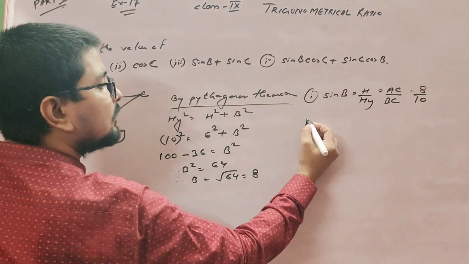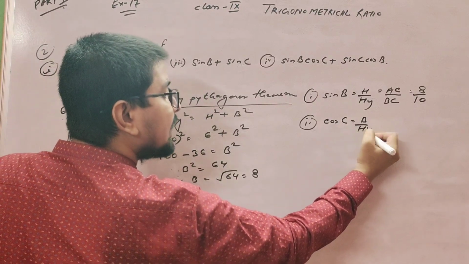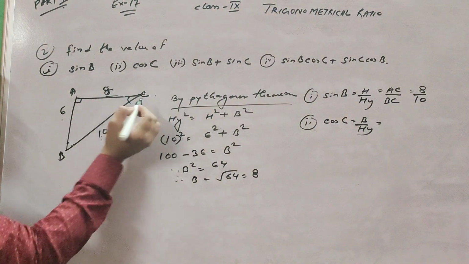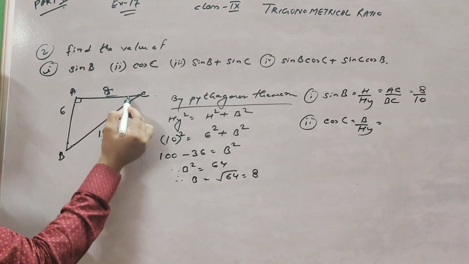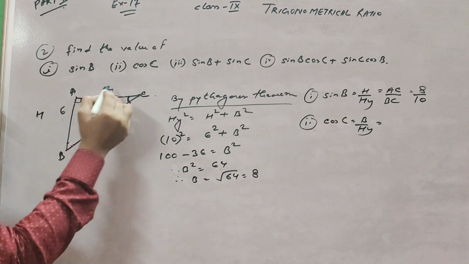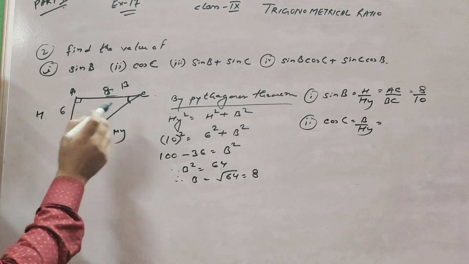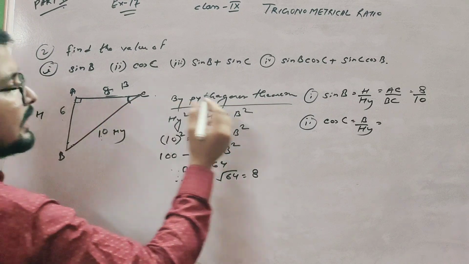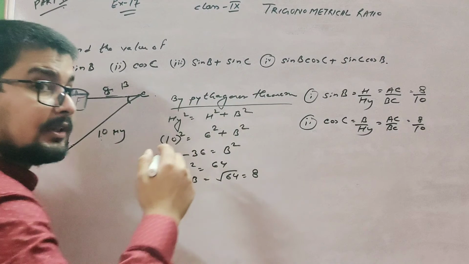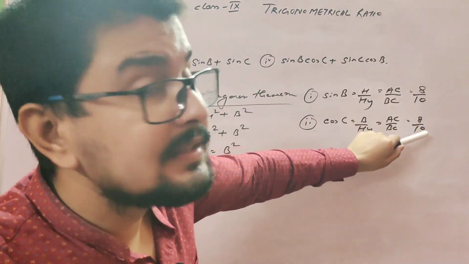But when the question comes to cos C, we know that it is base by hypotenuse. So in the question cos C, the position of the angle is changed. So for cos C, this one is the angle, the opposite of the angle is height, this one is base, and this one as it is is the hypotenuse. So base by hypotenuse, base is AC and hypotenuse is BC. Again the answer is 8 by 10, but the question is different. You see, there is sin and cos. This is also 8 by 10, this is also 8 by 10.